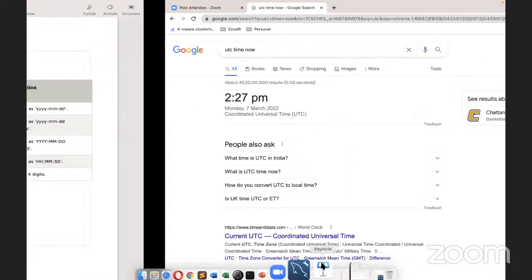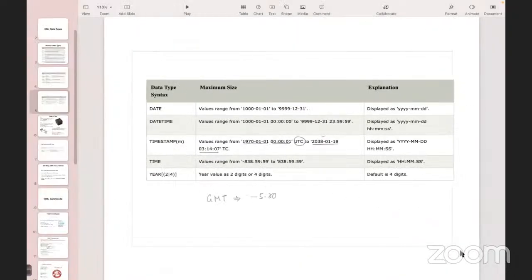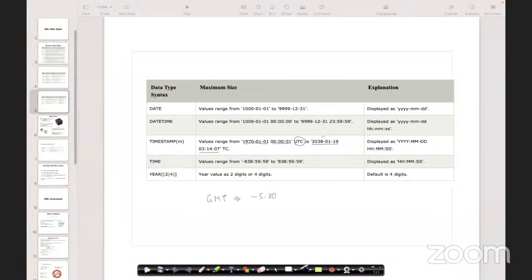So that is the advantage of using timestamp. You need it if you are working with different time zones. If people are entering data into your table from different locations and different time zones, then probably you can go for timestamp data. If you want to store more than this, then you don't have an option. You have to go for date type. So timestamp will only support this much. Finally, you have the time, and